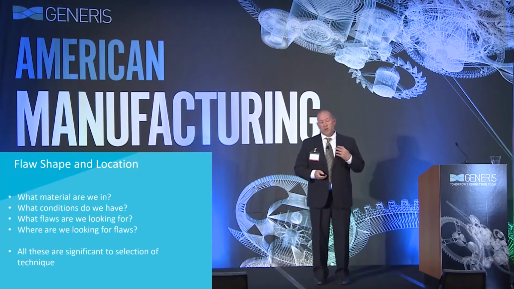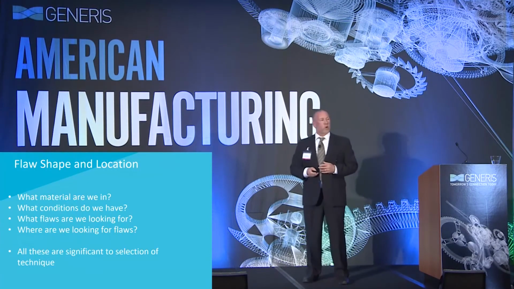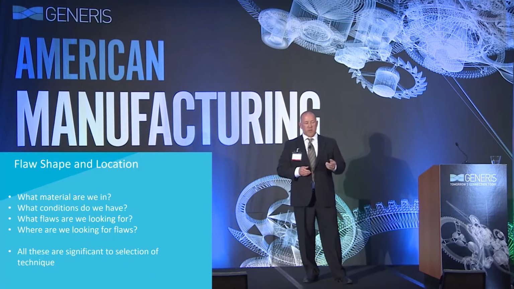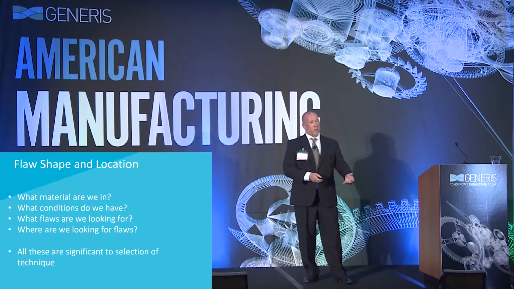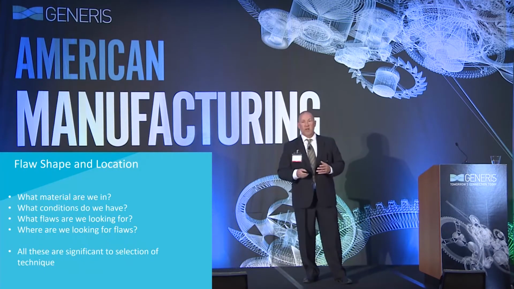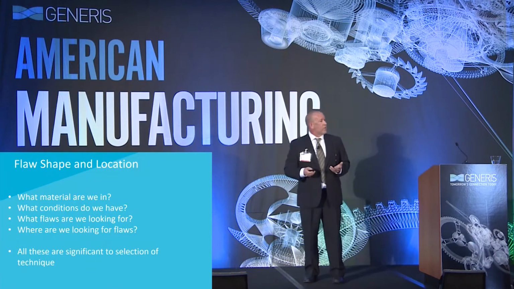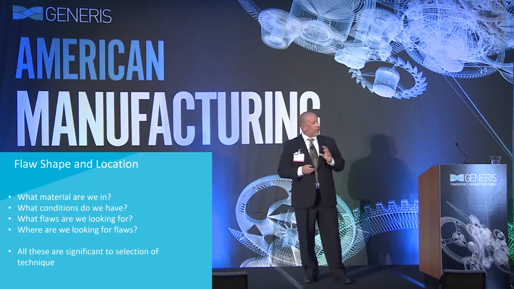Now we have to talk about what other things we have to know in order to select a method, right? Our job here is to identify which method we're going to use to inspect your parts. So we will typically ask clients, tell us about the material, tell us about conditions. Are we testing a piece part? Can we get the part in an immersion tank, or can we not? Do we have access to both sides of the part? These sorts of things. What kind of flaws are we looking for? What do you know about the flaws that you're having? We want to ask all of these questions because they guide us toward which methods are appropriate and which methods